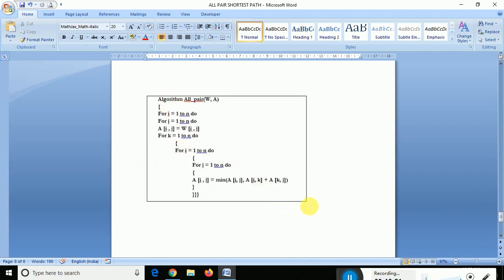So this is one small algorithm. I, J and that weight is been assigned and K is been given. So same thing, we have to use 3 for loops. Inside that the formula you have to keep, then it will finish. So if they ask about algorithm, then you have to write this algorithm if they ask about the problem.